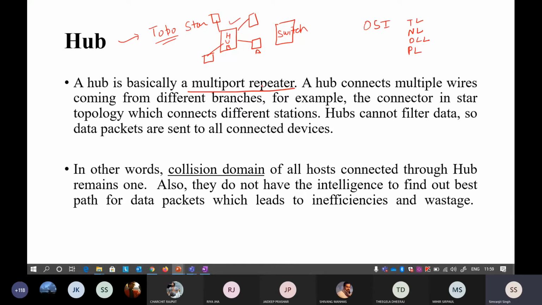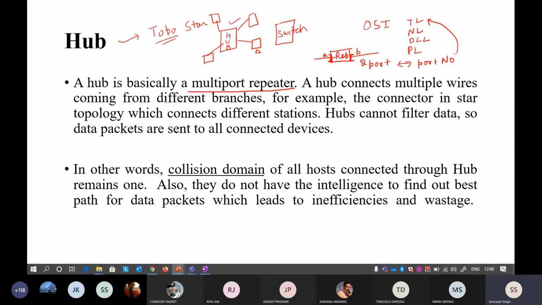The previous repeater only contained two ports. This is the A port, this is the B port. So this was your repeater, it only contained two ports. A port means you take a device and you put a plug inside it, and where you put the plug, that particular thing is called a port. Don't confuse this with the port number, that is a totally different thing. When I come to the transport layer, I will tell you, so just don't confuse these two terms.